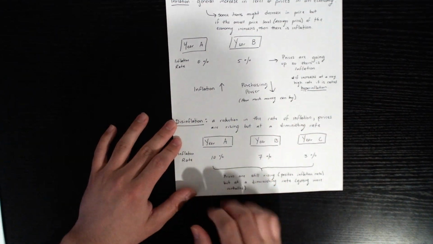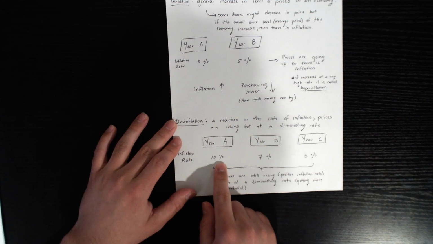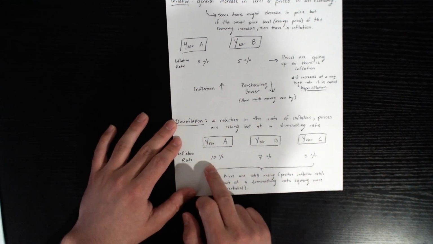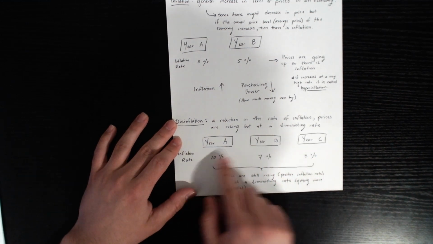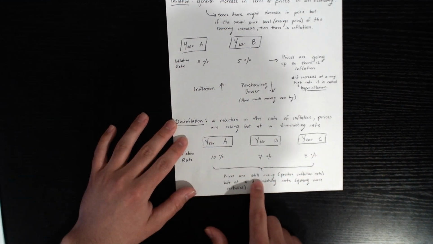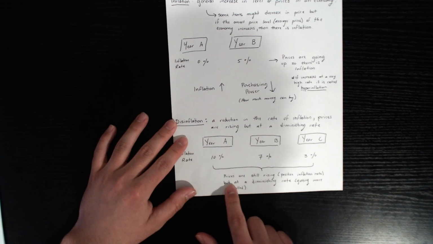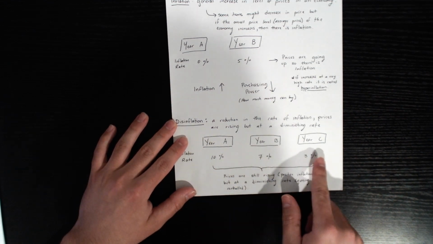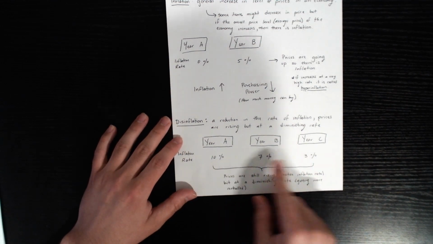So here's how it looks. The inflation rate in year A is 10%, year B is 7%, year C is 3%. In all 3 years, the inflation rate was positive, so prices are still rising, but it's at a diminishing rate. It's getting more controlled. It's not as high each year. That's disinflation. Then we have